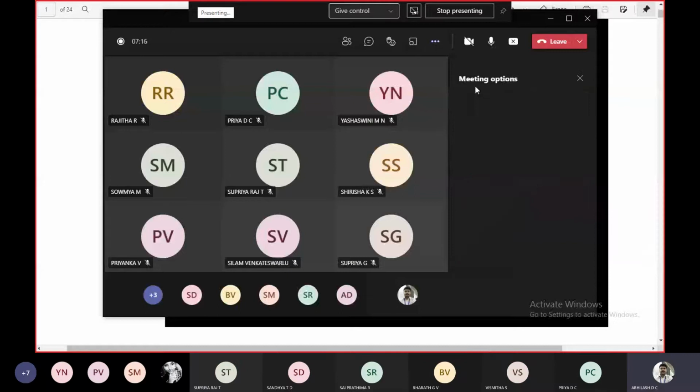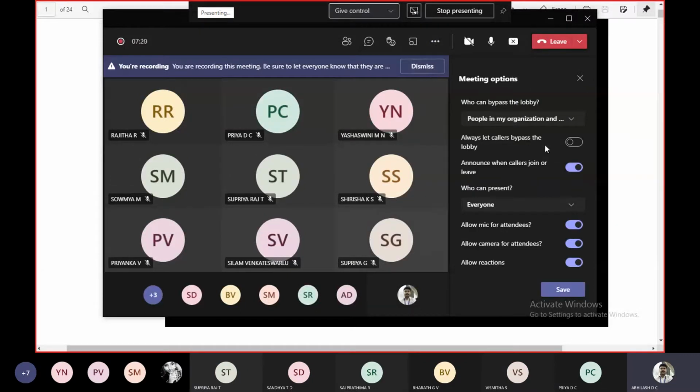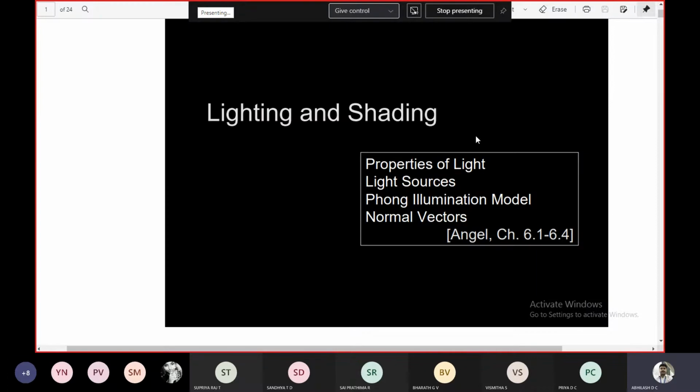The concept of lighting and shading model is basically the property of light, right? Lighting and shading depends on what type of lighting we have and what properties the lighting has. And when it comes to the shading part,